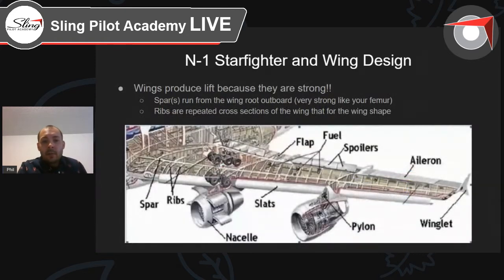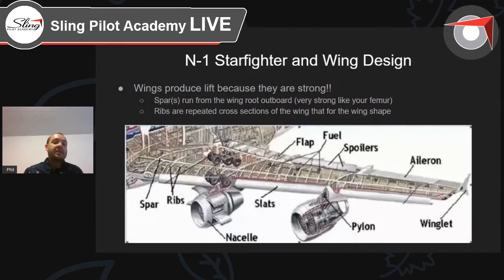So looking at a regular wing, whether that's in your Sling or your Cessna or your Piper or your 747, the wing design has not changed a whole lot. Definitely there are variations in the orientation of the wing with respect to the fuselage and the placement. Is it high? Is it low? Mid wing? Is it swept? All these different things. But the construction of them is the same,